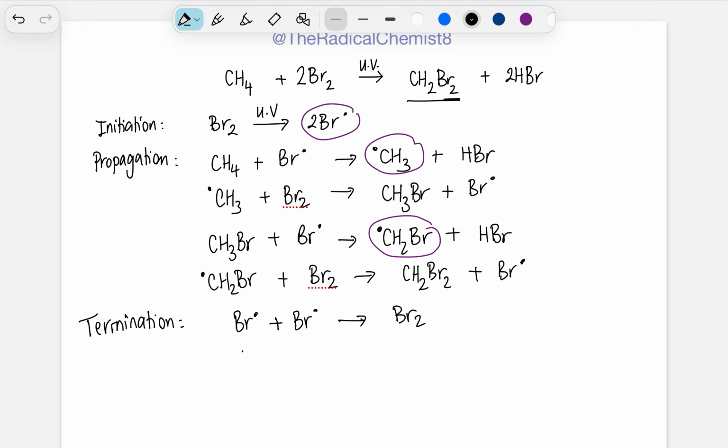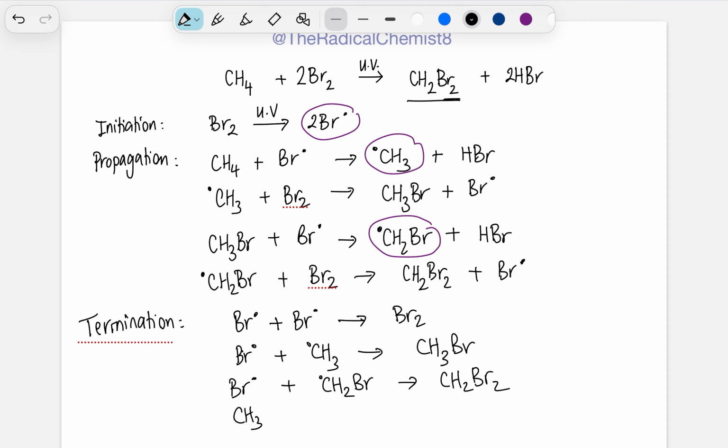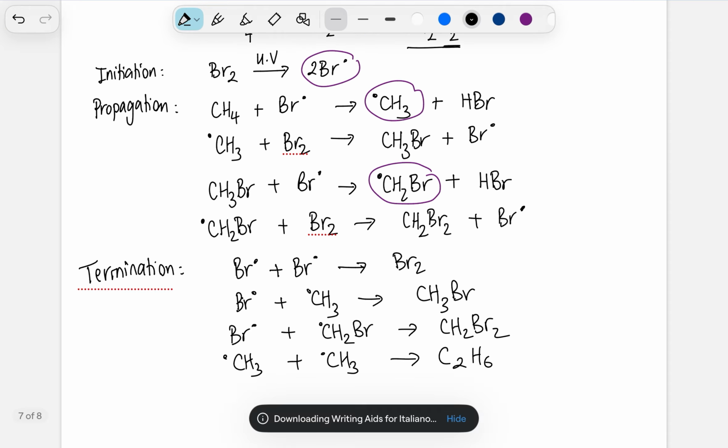So in this case, we could have bromine radical with the CH3 radical to form CH3Br, or you could have bromine radical with CH2Br radical to form CH2Br2, or you could have two lots of CH3s to form C2H6, or you could have